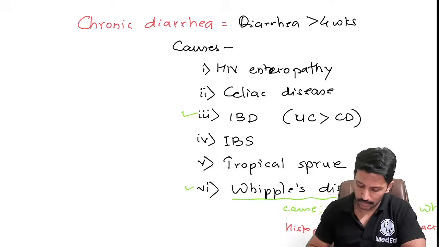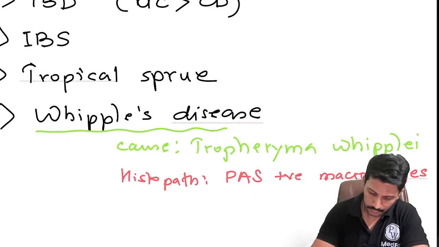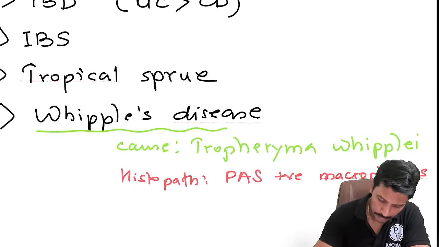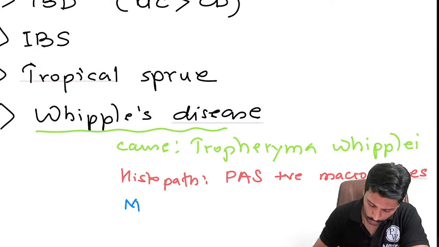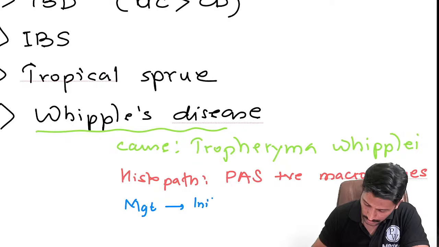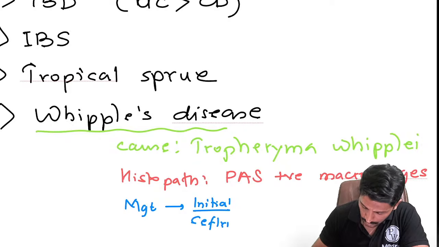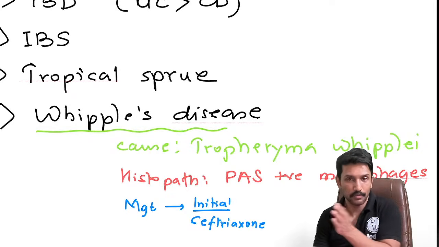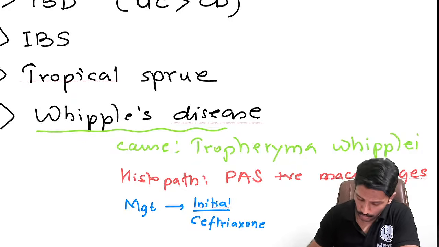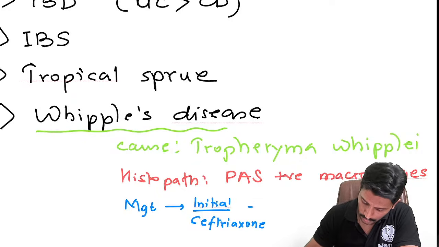And when it comes to the management of Whipple's disease, yes, ceftriaxone is the antibiotic of choice. So management, initially for eradication of infection, we use ceftriaxone, but then these are slow replicating organisms. So you also need to have a preventive therapy for a prolonged period. So ceftriaxone, then it should be followed by